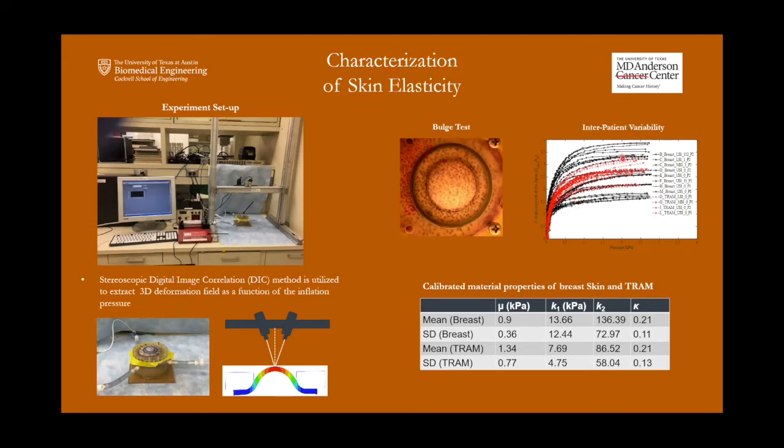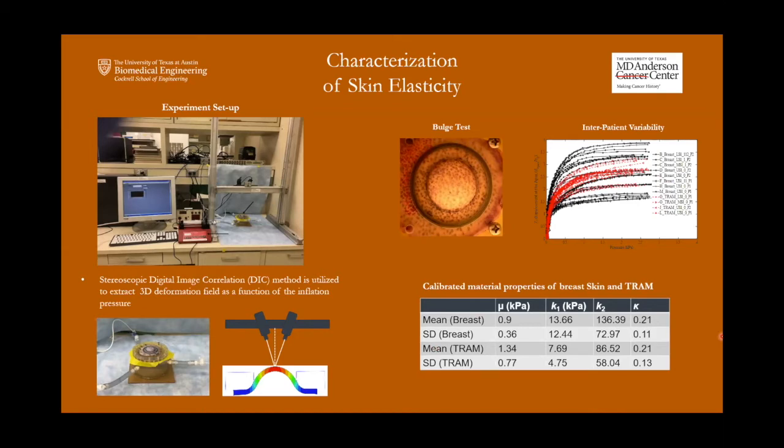The key message I want to emphasize is that each curve here represents a specimen obtained from a different subject. So it's very clear here that the inter-patient variability is significant. There is no one elasticity number that fits all. Every patient or subject has a different skin elasticity. Then we can use simulation and optimization to quantify the mechanical property for skin tissues, which are tabulated in this